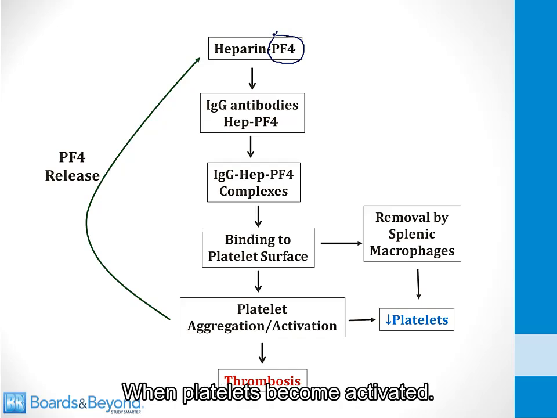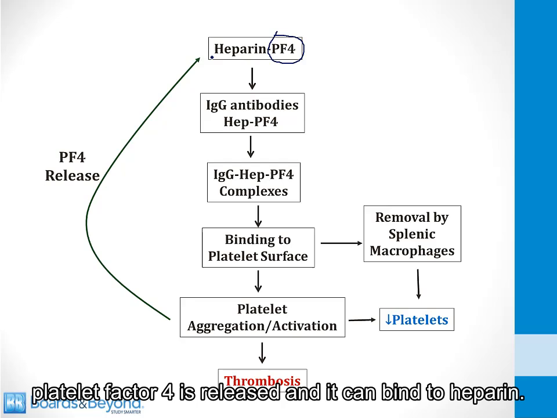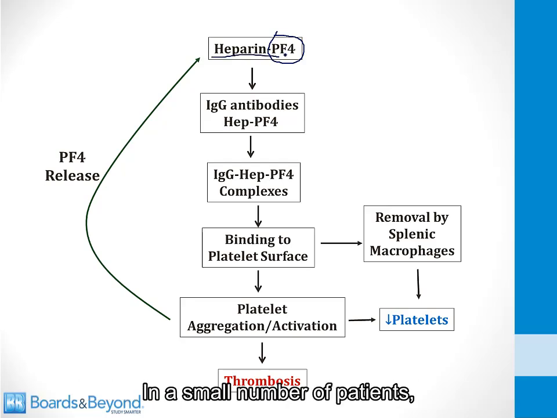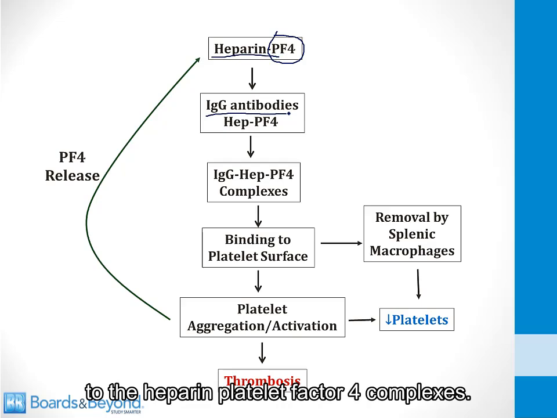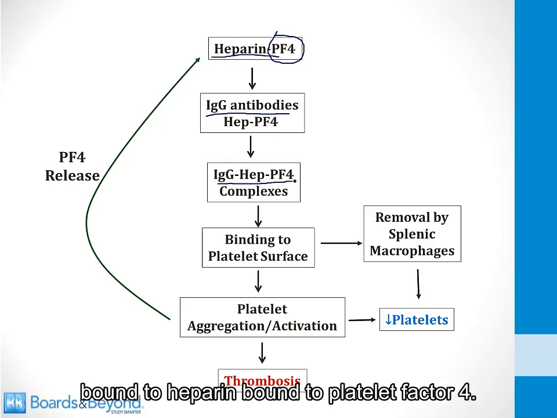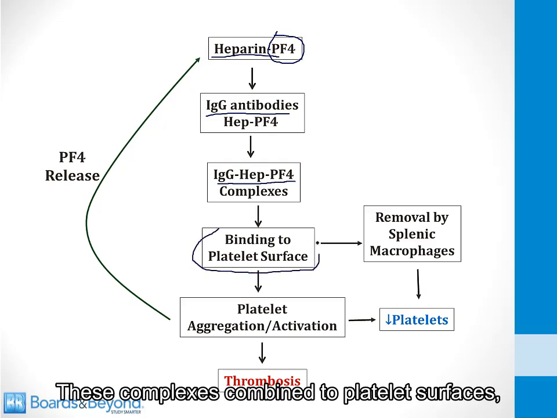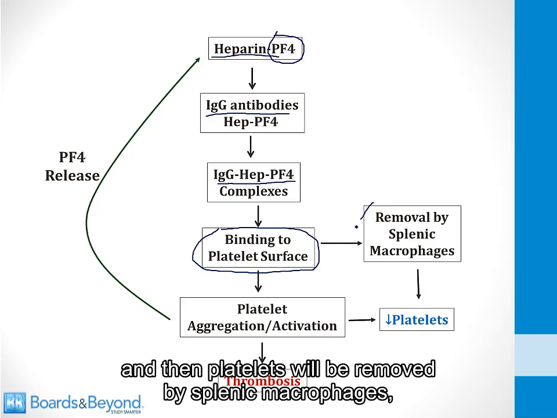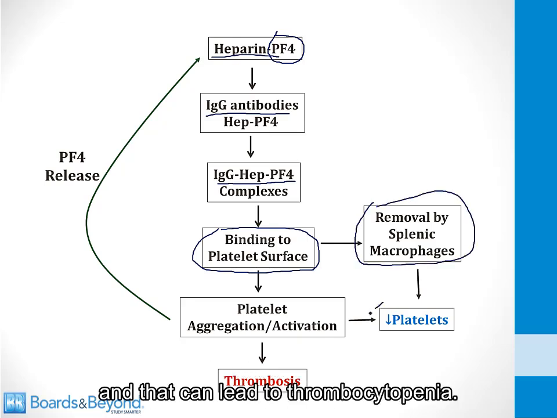When platelets become activated, platelet factor 4 is released and it can bind to heparin. In a small number of patients, IgG antibodies will form to the heparin platelet factor 4 complexes. In turn, this will create larger complexes of IgG bound to heparin bound to platelet factor 4. These complexes can bind to platelet surfaces, and then platelets will be removed by splenic macrophages, and that can lead